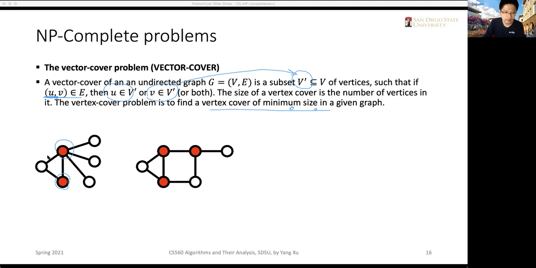Because if you look at this one edge, one end is included. And this one, one end is also included. And that's true for all these edges here. So that is the vertex cover for this graph. And this is the vertex cover for this second graph. So we basically select some subset to cover all the edges, and we want to minimize the size of this cover. So it's actually related to the